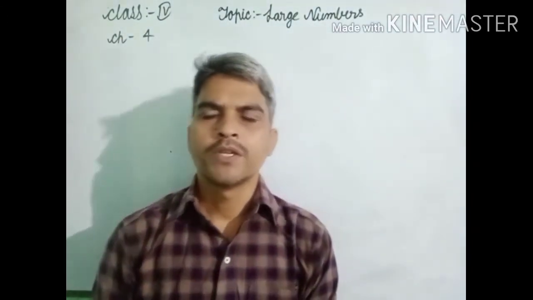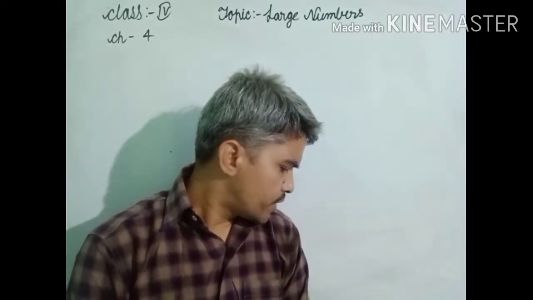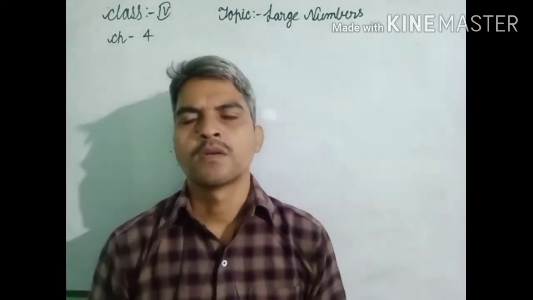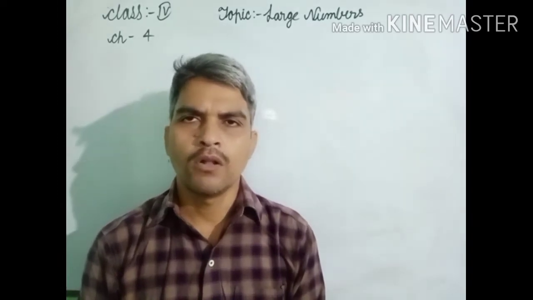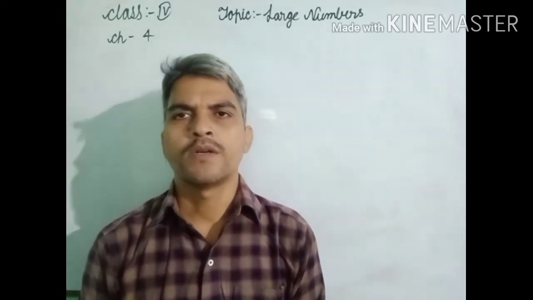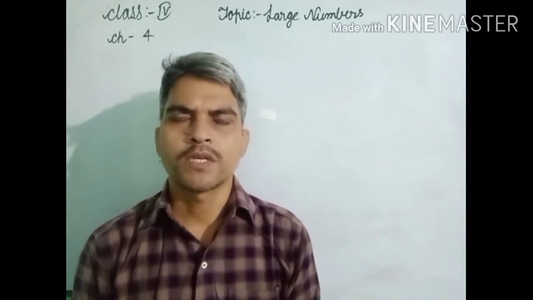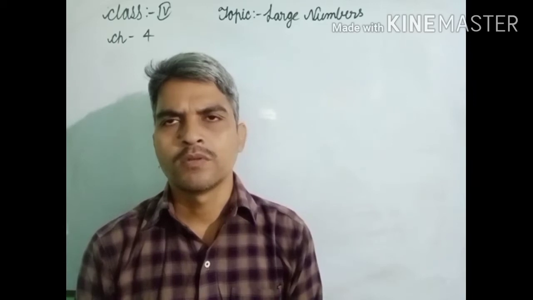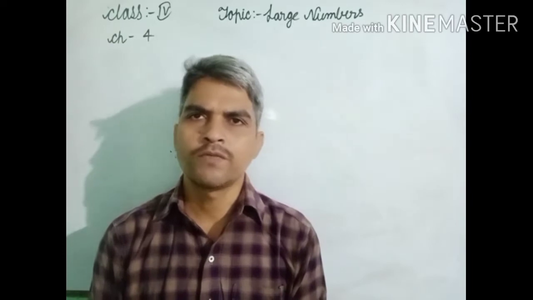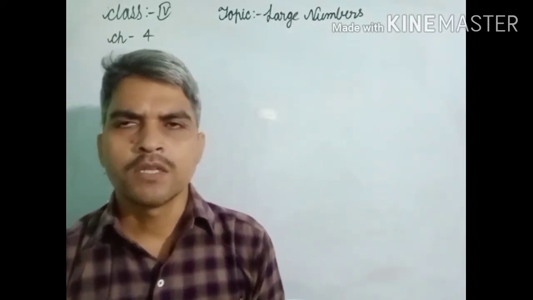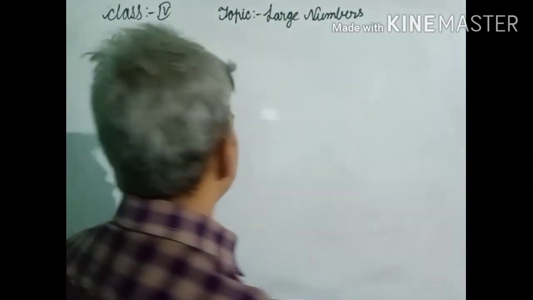Dear students, in this topic we discuss today the number coming just before and just after, writing numbers in ascending and descending order, the greatest possible three-digit number, the smallest possible three-digit number, and four-digit numbers. Such types of questions are discussed today. Now let us start how to solve such problems. So dear students, please watch the video.